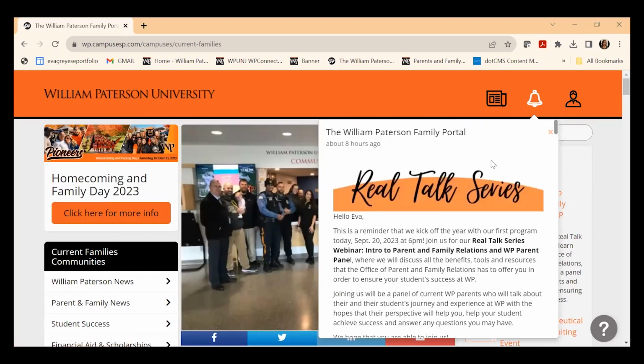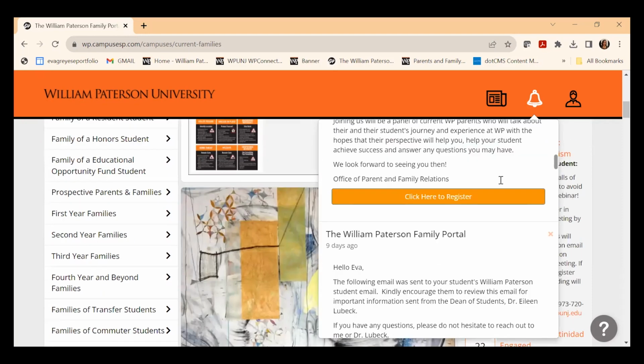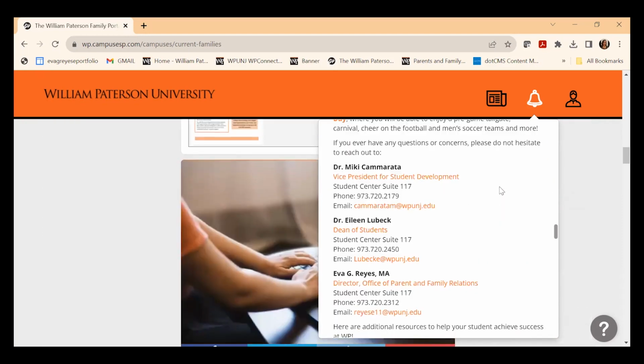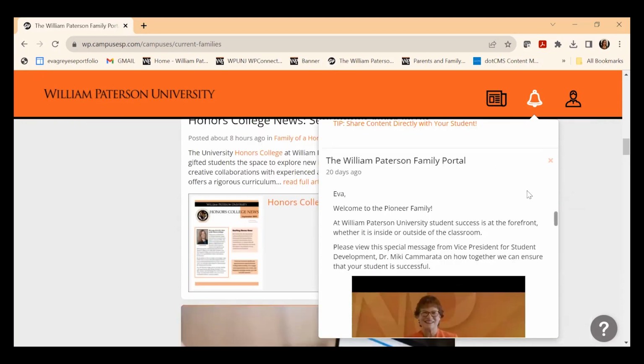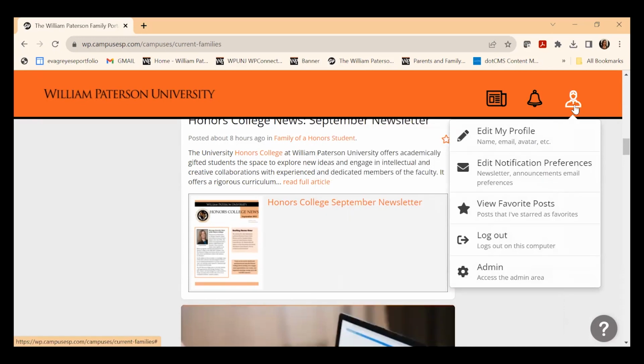So this is always a resource for you to go back to in case you miss important information from the president or the vice president for student development. And then you're able to set your preferences by clicking this little person icon. You could edit your profile or edit your notification preferences.